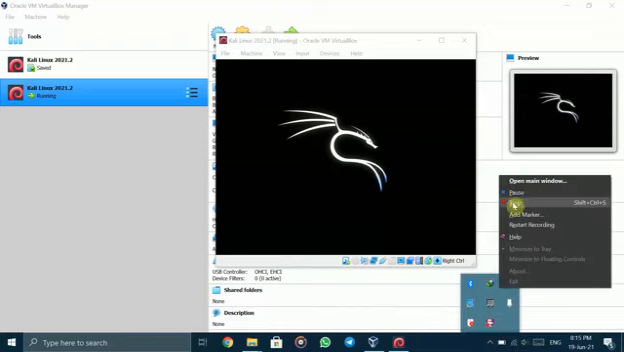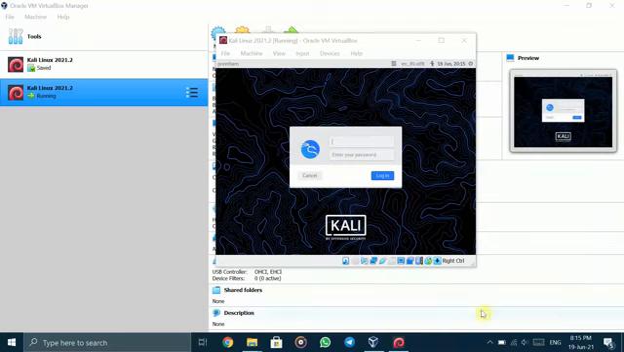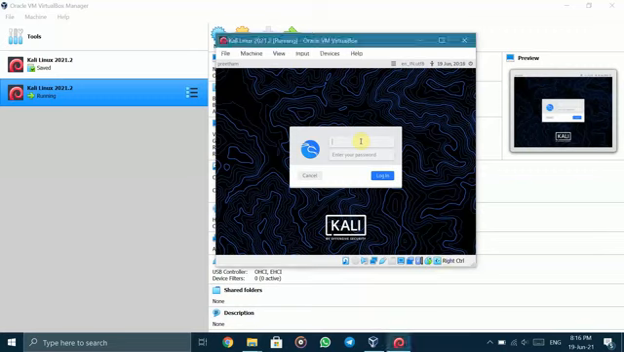There is one more step included. Sorry to say this. We need to enter the username and password. As I have given my username as Pritam, and the password as